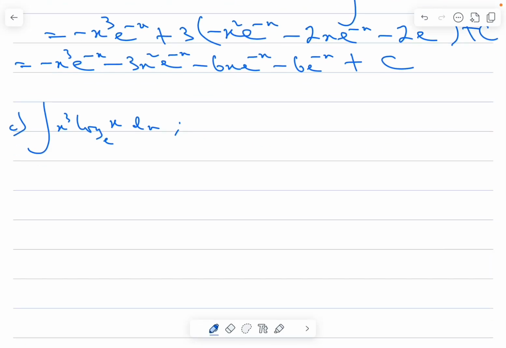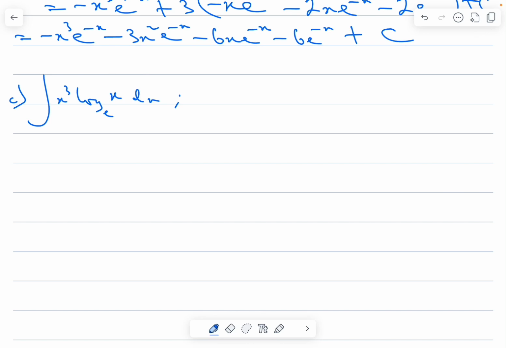Evaluate the integral of x cubed log x base e with respect to x. This is the same as x cubed ln x. We can write this as the integral of x cubed ln x. Now, we know that there's no standard integral for ln x, so it's better to make ln x u and